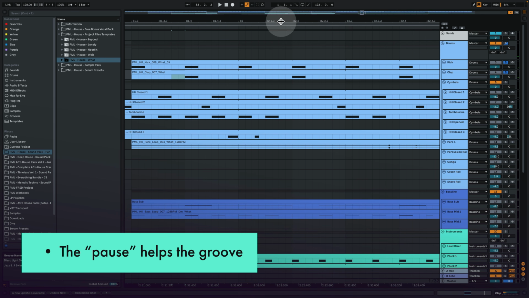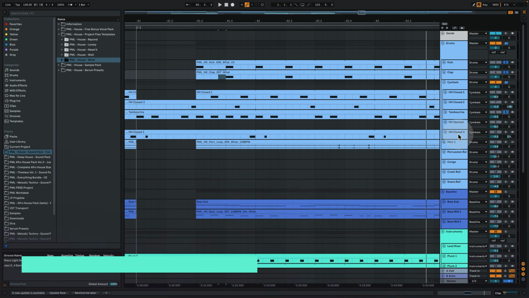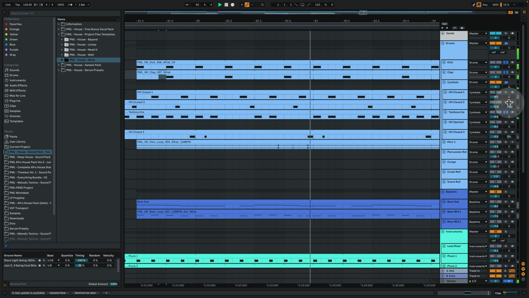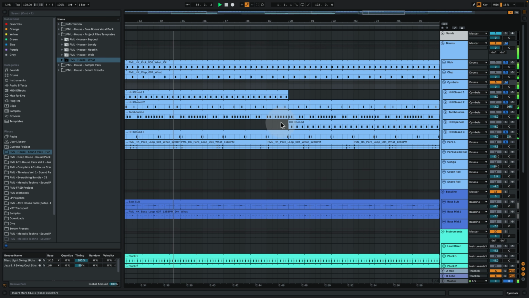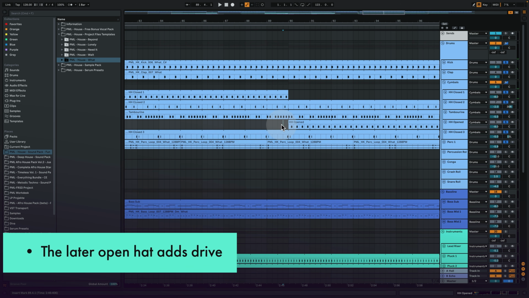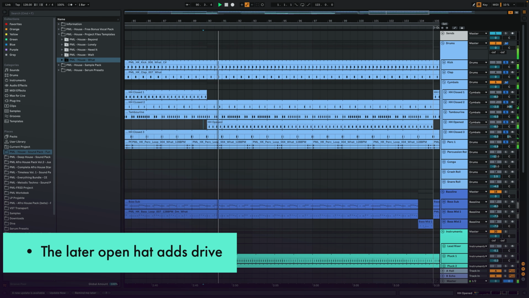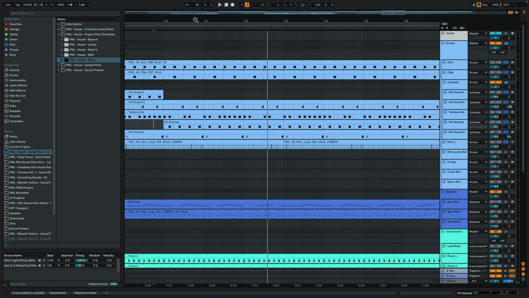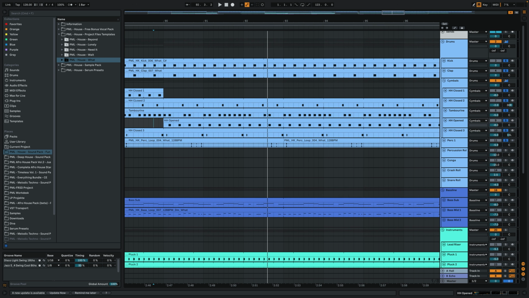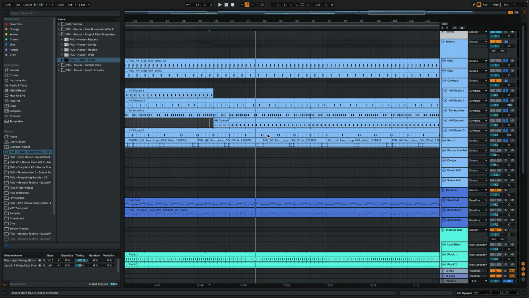Sometimes music also gets created by what's not playing, by things that are not playing. So the length of these elements really matters, and also the kind of off positioning here and there. And then later our open hi-hat here brings in the drive. Super dry, no real reverb on this, no delays on this. This is just a very dry drum beat, very straightforward, allowing for a lot of stuff that can be built